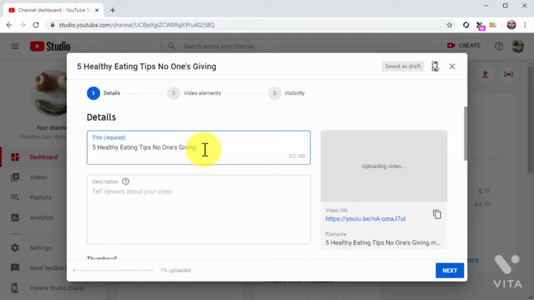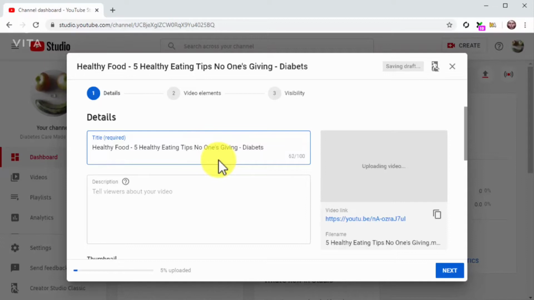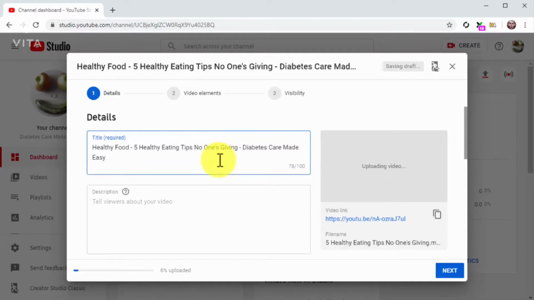Here, you are going to type the title of your video. Don't try to be too original. Simply describe the content of the video and add the keywords or search terms that best describe that content well, like we're doing in this example. As you can see, we added one of the top search terms we found during our keyword research, and we added the name of our business at the end of the title to differentiate it from the rest of the videos on the results page.